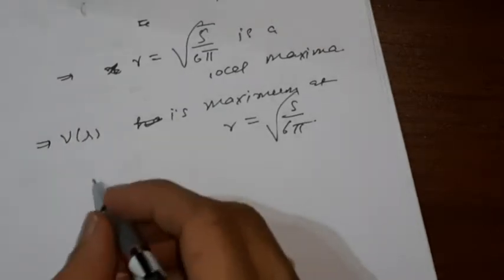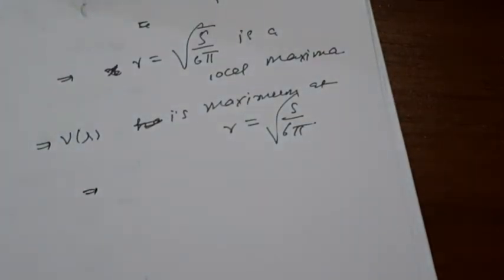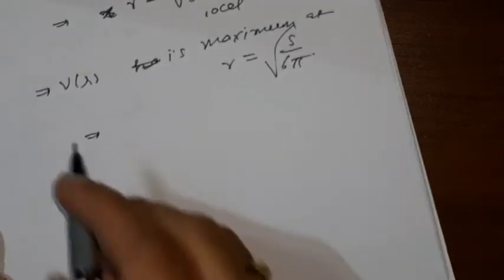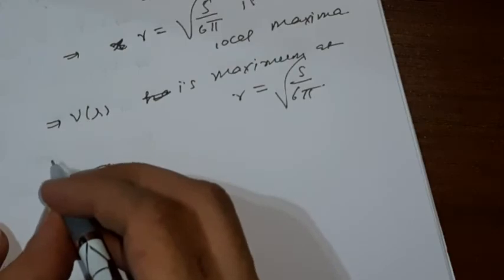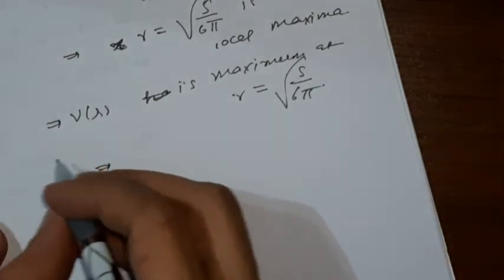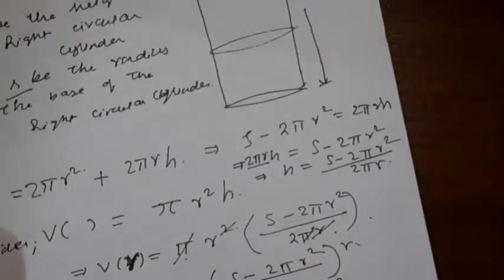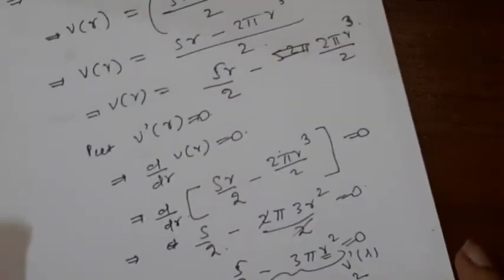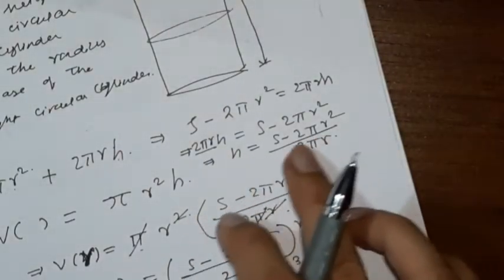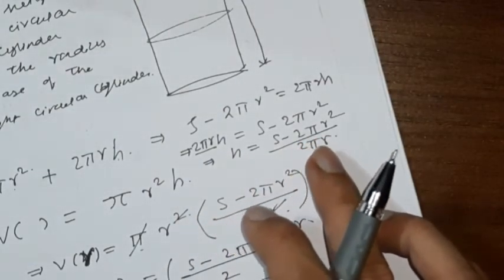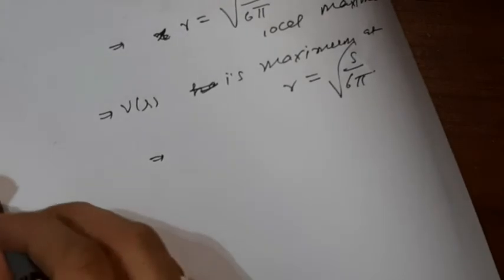Now we have to show that the height is double the radius, that is, the height is equal to the diameter. For that, we have to find h from this r. You know the formula for h in terms of r; the relation between h and r is here, and this we have to use. So what will we get if we do it here? h is equal to what?